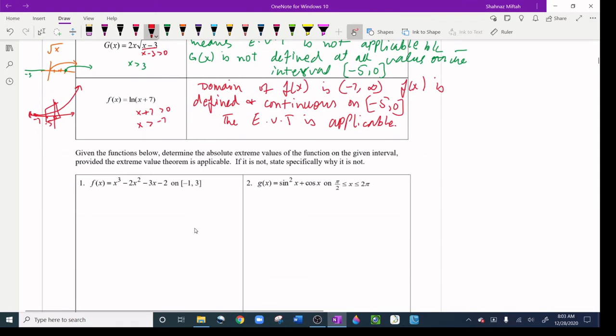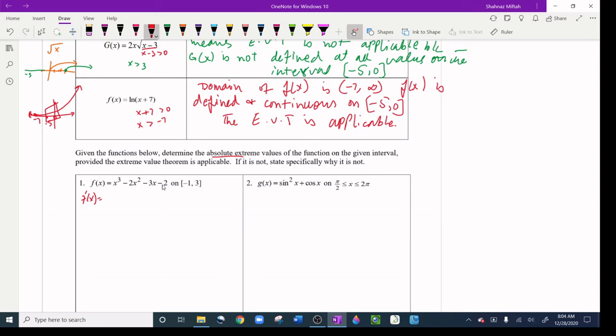Extreme value theorem is applicable. If it is not, state specifically why it is not applicable, or if it is applicable, then determine the absolute extrema. So let's try question number 1. I'm going to take a derivative, f prime x equal, first of all, can we check if it's continuous on